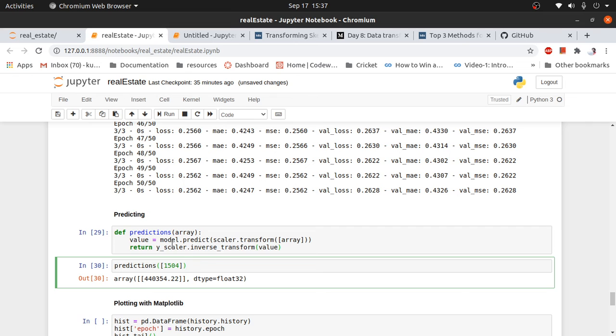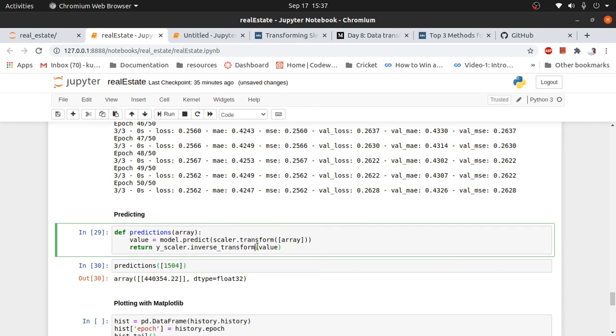In this custom function that I created, the parameter is an array that should be passed. The value is model.predict of scaler.transform of the array, so this is the scaler for the X value.